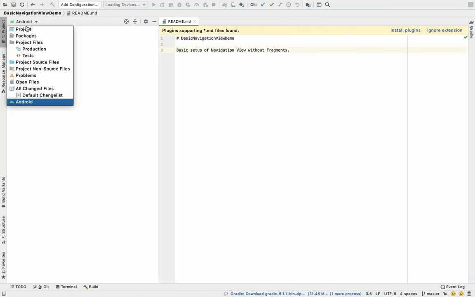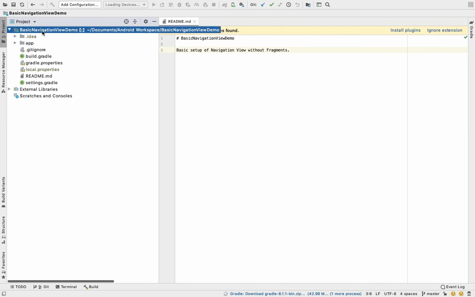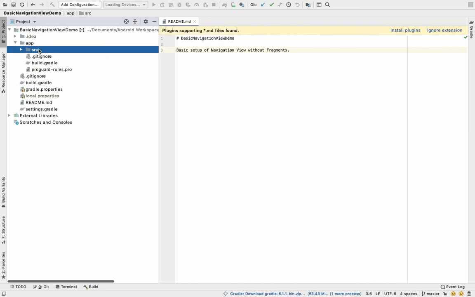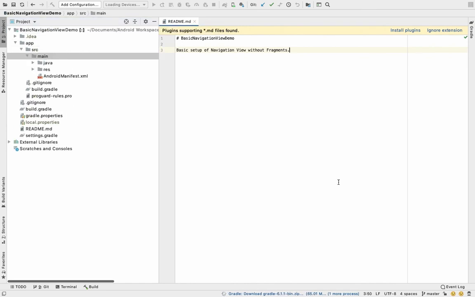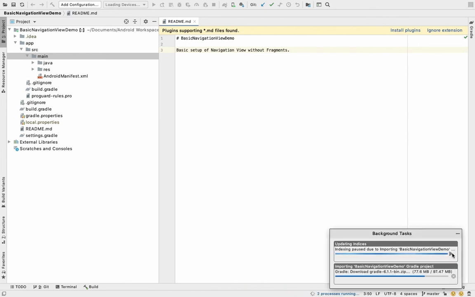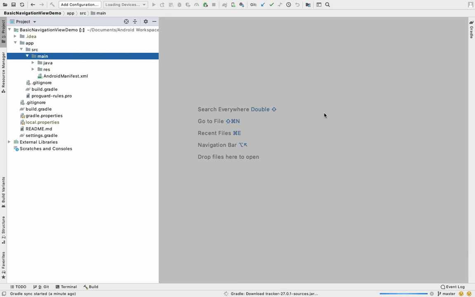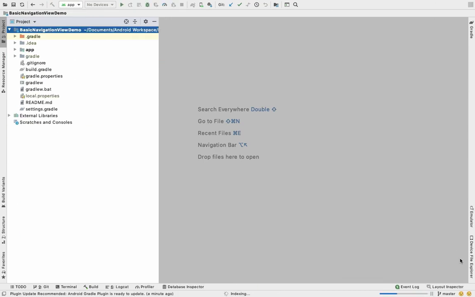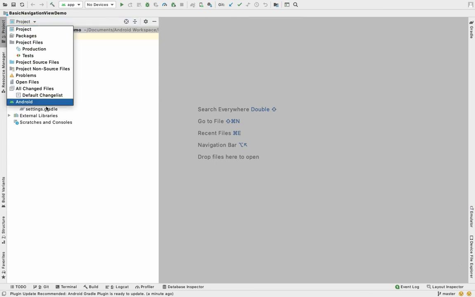So the project has been cloned, and it has been opened in the new window. It will take some time to build the project. Okay, so the project is synced.